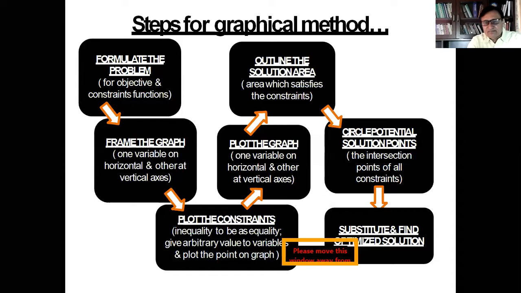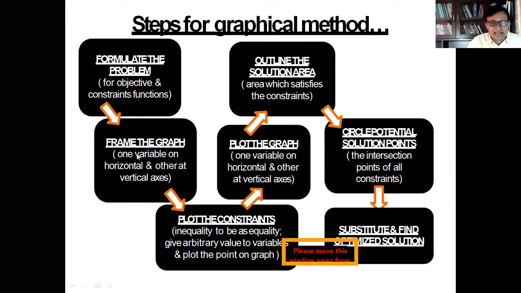Let's see what are the various steps for the graphical method. You can note down all these also. The first step we have already covered, that is to formulate the problem in a standard format. As linear programming has a standard format, that means defining the objective function in linear equation format, defining the various constraints in linear equation format, and thirdly the non-negativity condition. So firstly, we will formulate the problem in the standard format, that is objectives and constraints.